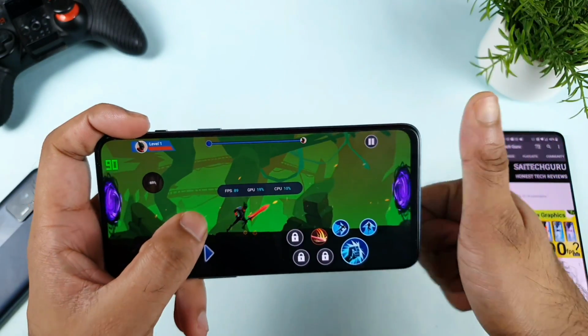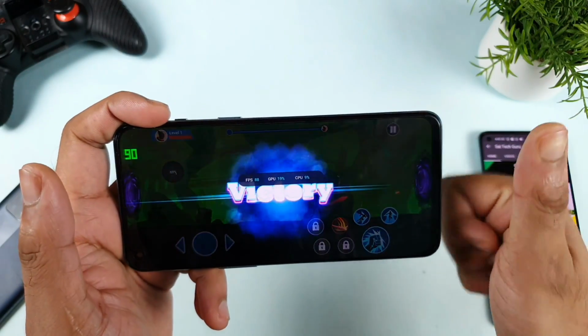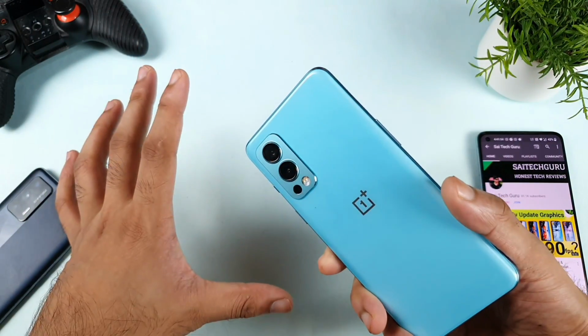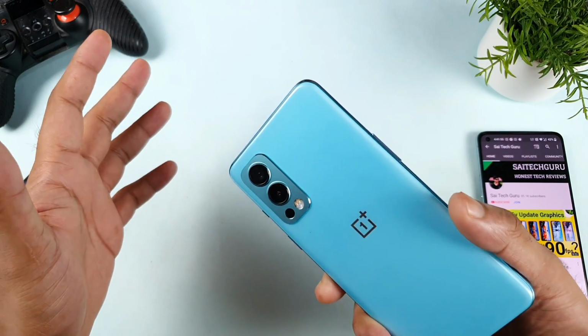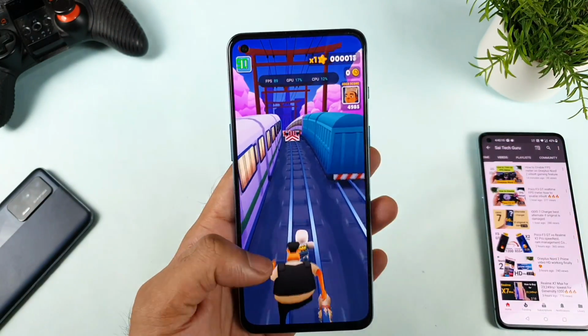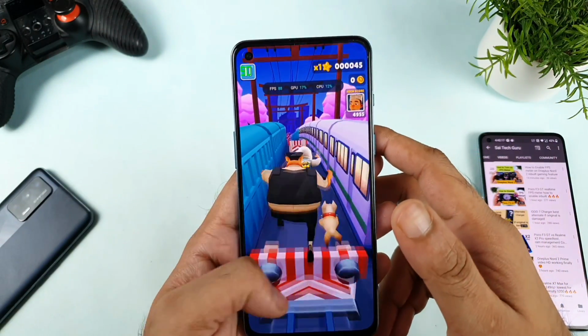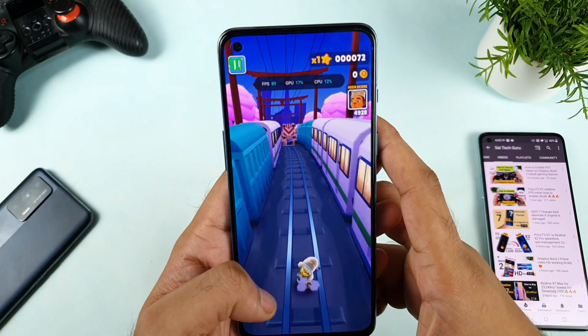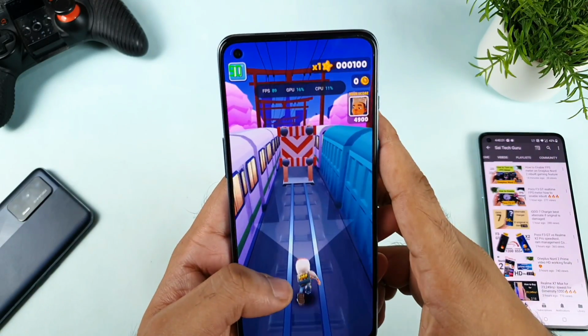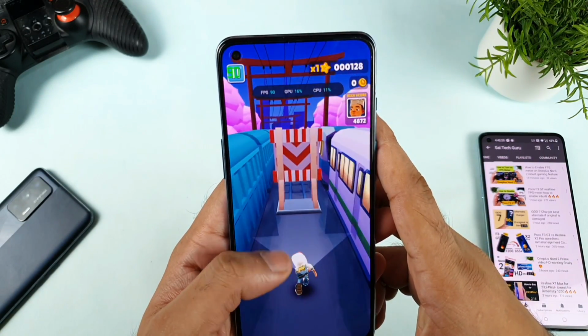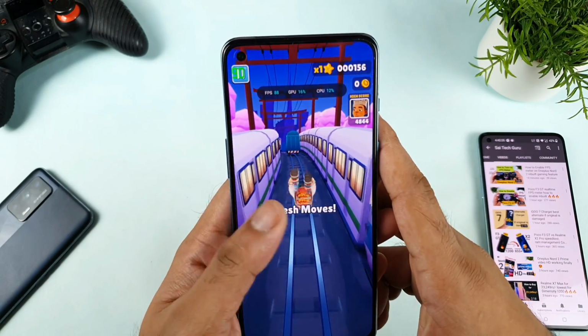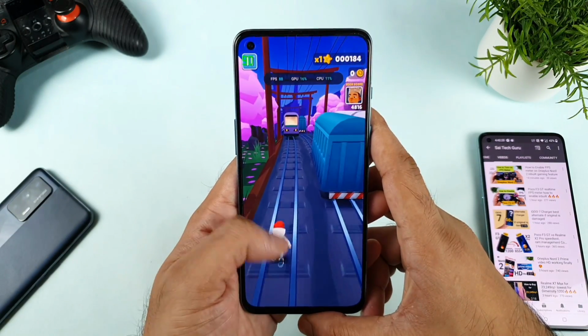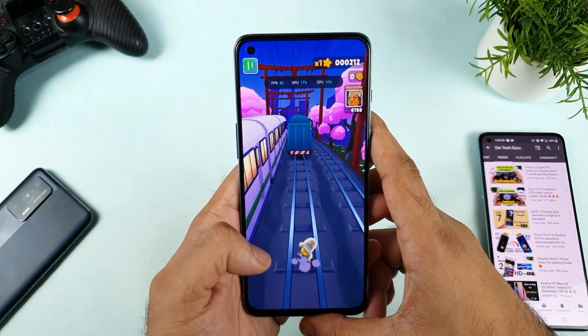That's fantastic. You can actually play high refresh rate games in this phone. It's working out of the box, so you don't need to wait for any kind of updates. This is the third game which I thought of confirming, which is Subway Surfers, I'm trying to play right now. As you can see, friends, you can see the real-time FPS meter. It says 89 as well. That's perfect. So the 90 Hz refresh rate is completely turned on in this OnePlus Nord 2 without any kind of problem, as you can see, friends.